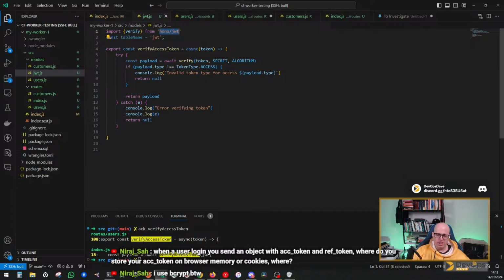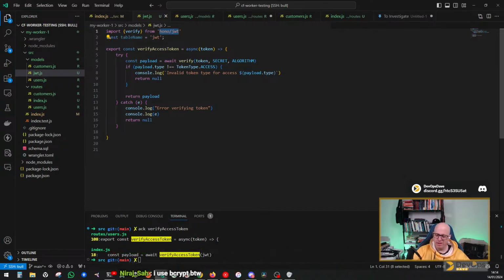Browser memory or cookies. If this is going to be a single page application, it's either going to have to be local storage or in the cookies, but neither of those are great options. I still personally need to do some more research on the absolute best way to store tokens for a single page application. I think local storage is about as good as you can get, which still puts a user at risk